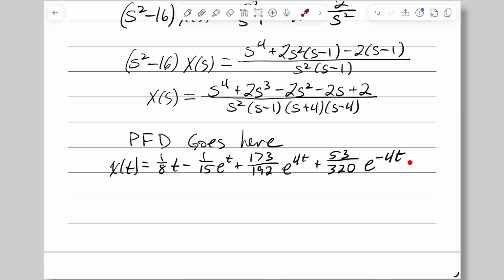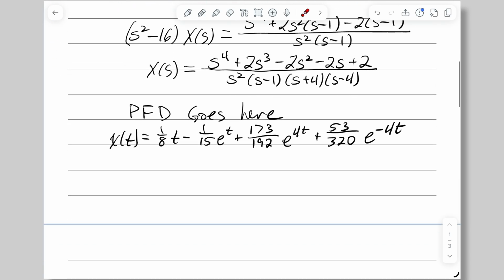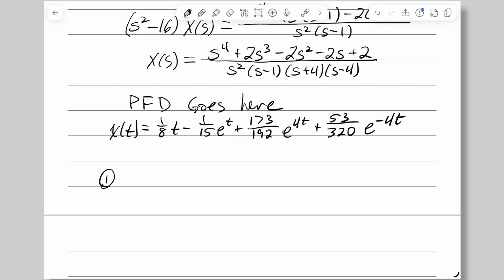Now that we have x(t), I know we need y(t). Equation 1 gives us a nice means to find y(t). We can solve dx/dt equals 2y plus e to the t for y. Doing so will give us that y(t) is equal to 1/2 x prime of t minus 1/2 e to the t. Differentiating x and then substituting here and simplifying gives us that y(t) is equal to